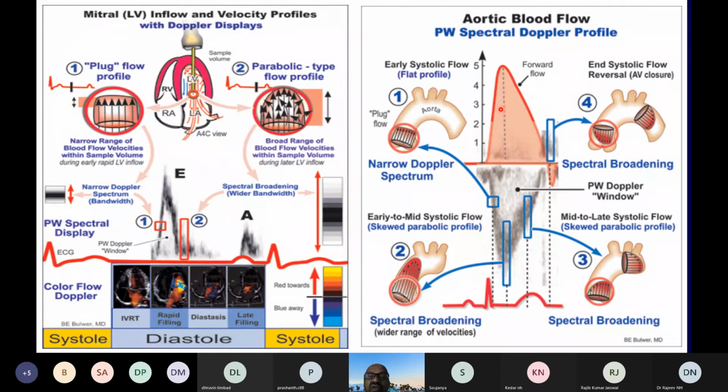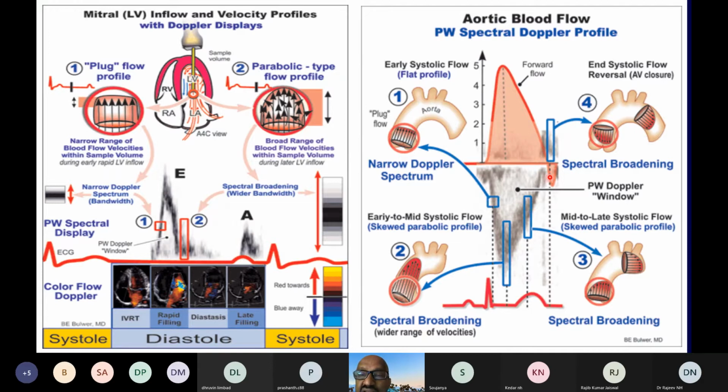Here we are looking at the blood flow away from the transducer, so this will become negative during systole. This is the representative ECG. Please note that this systole starts from the top of the R wave and extends up to the end of the T wave. In this you have the early systolic flow followed by early to mid systolic flow, and then you have the mid to late systolic flow when the flow is actually coming down,